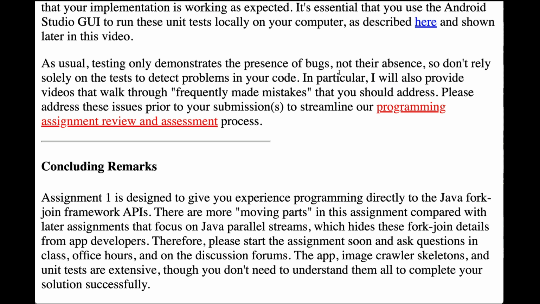There are more moving parts in this assignment compared with later assignments that focus on Java Parallel Streams, which hides these fork join details from app developers. Therefore, please start the assignment soon and ask questions in class, office hours, and on the discussion forums. The app, image crawler skeletons, and unit tests are extensive, though you don't need to understand them all to complete